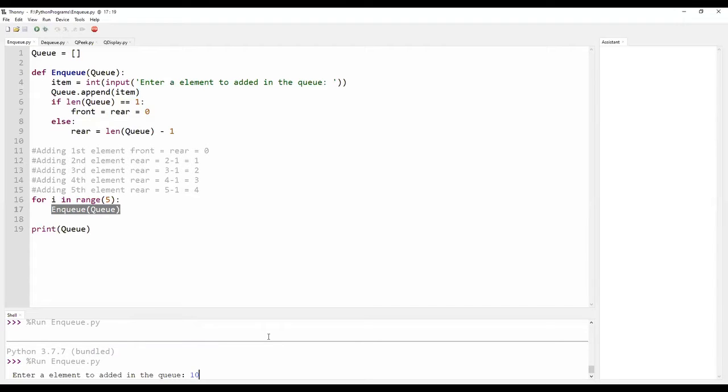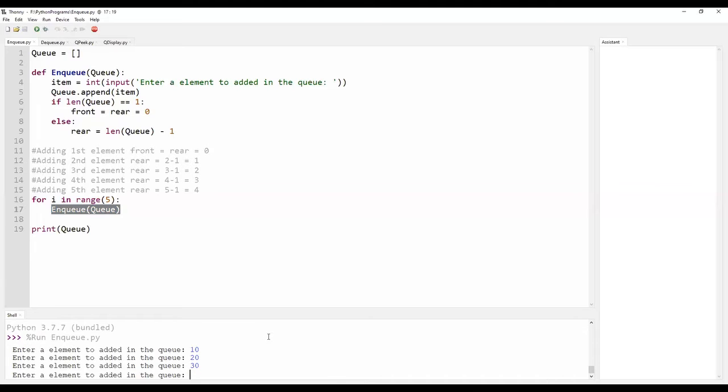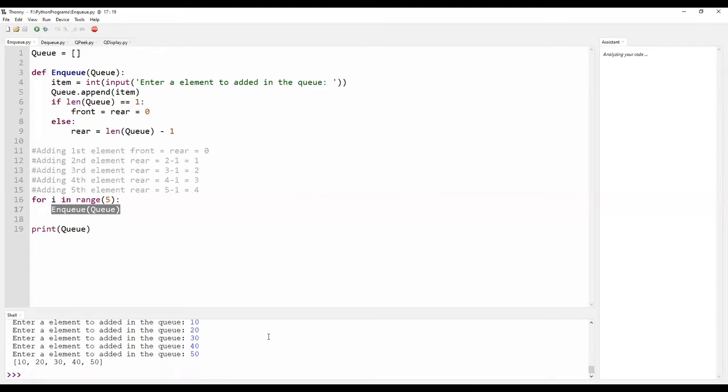We will be giving the input as 10, 20, 30, 40 and 50 respectively. See here, front points towards the number 10, whereas rear points towards the number 50.